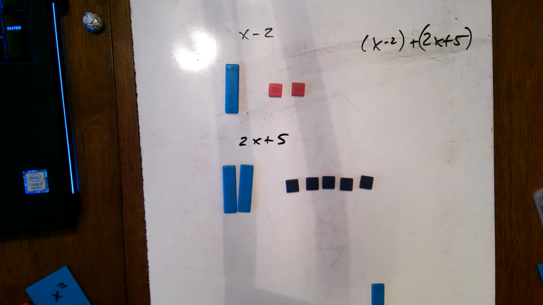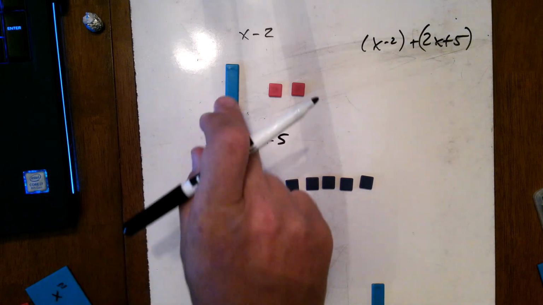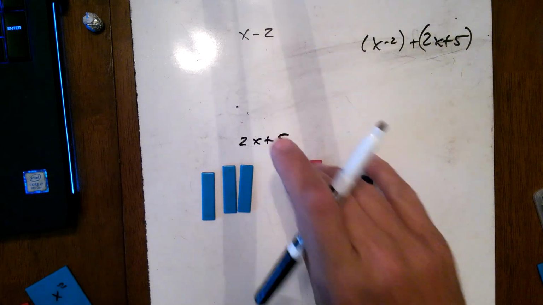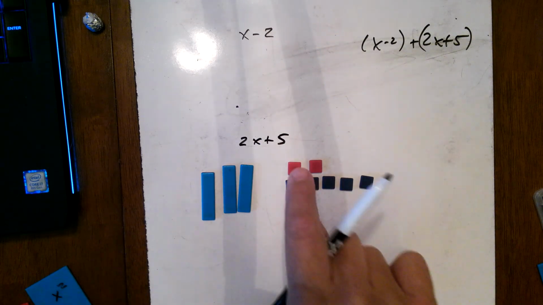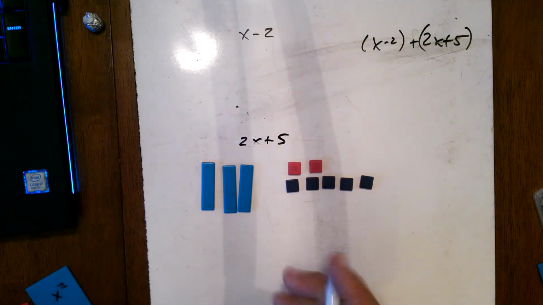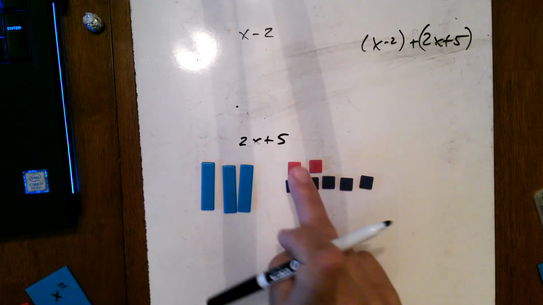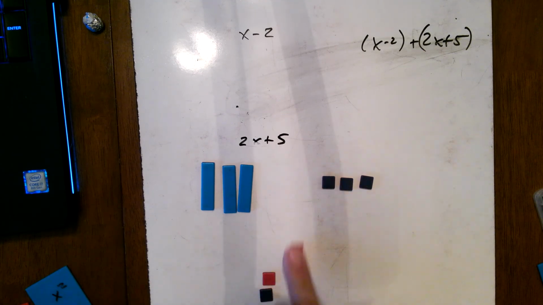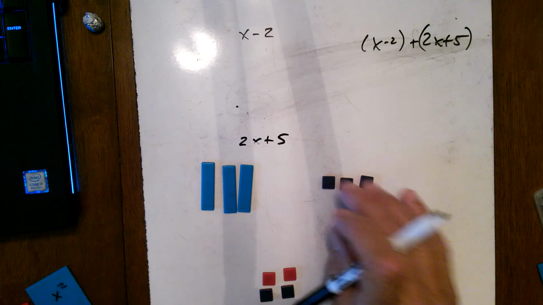Okay, adding those two together. So what are we going to do? We're going to try to make zero pairs if we can. We're going to take those terms that are alike and put them together, and I'm going to put my zero pairs together. I only have the x and the 2x made 3x. These two make zero pairs, so I'm going to take them off. Zero pair, zero pair. Okay, and I'm left with